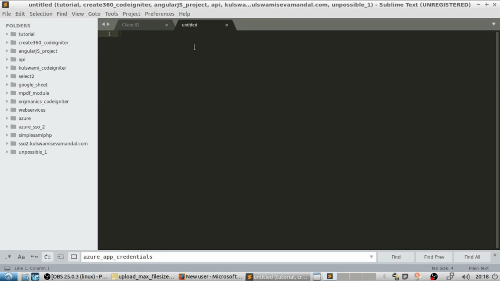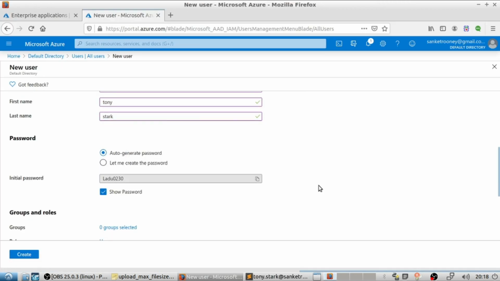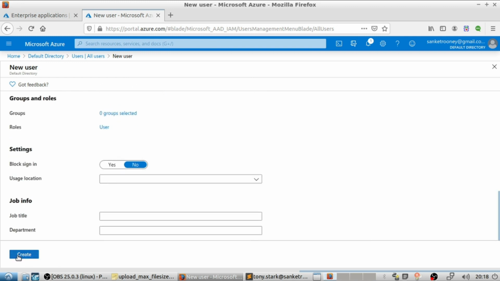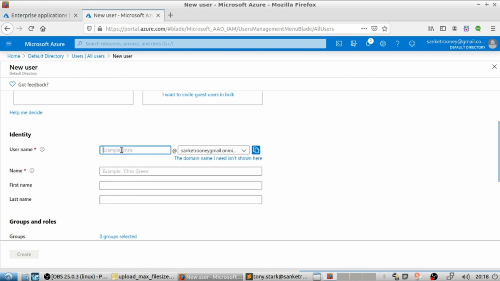Click on show password. Save the user ID and password somewhere else. Click on create. I shall create another one to demonstrate how SAML authentication works.